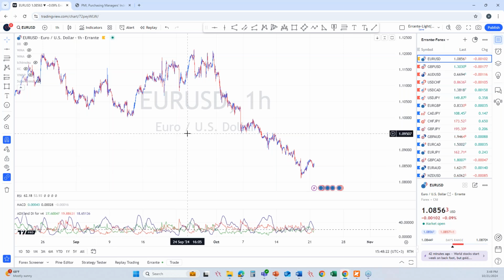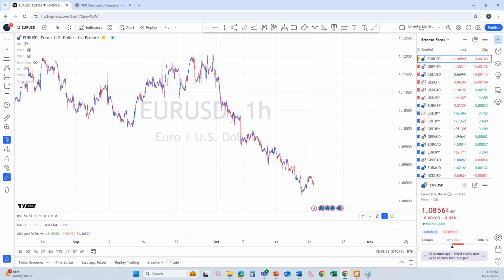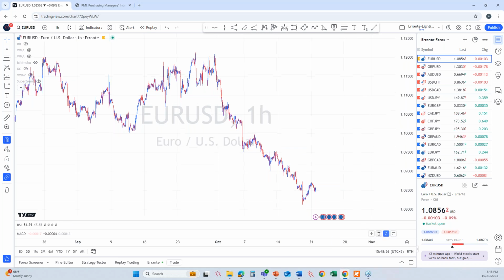So let's walk through the TradingView trade window step by step, which is the core part of our session today. So I'm going to skip all of these indicators and maybe delete them from my chart. And now,